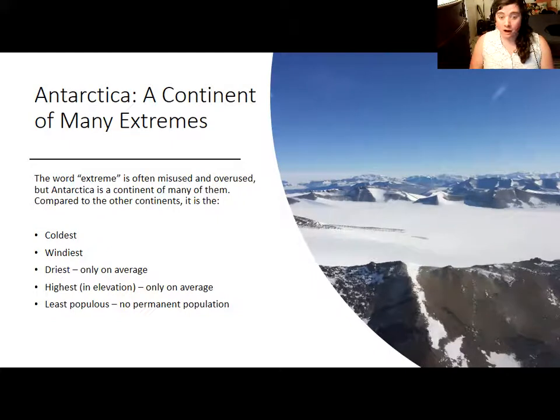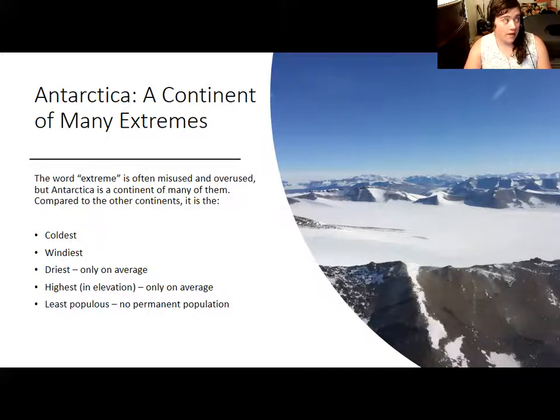Something that people may not always realize is that it is, on average, the driest continent on the planet. Now, the Atacama Desert in Chile may beat it in terms of being the driest individual location, as in there are some years where there is no precipitation there. But if you take the data for the continent of Antarctica and average it, you get a very low amount of rainfall compared to, say, if you take all of the data from the rainfall on points on the South American continent. South America, where the Atacama Desert is, has that dry part, but it also has the Amazon rainforest. Antarctica is just a big desert all over. It is a cold, windy desert, and it receives very little snowfall.